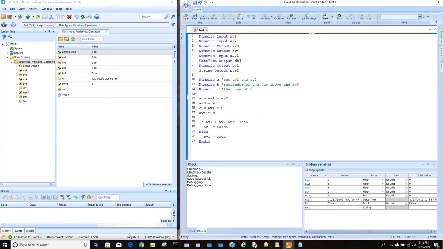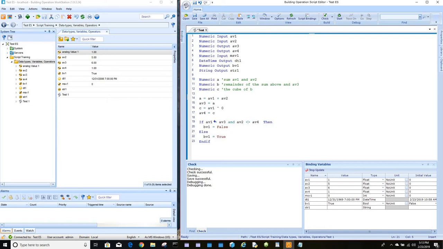So let's go with, let's actually make this: if AV1 equals AV3 and AV2 not equals AV4. Okay, so in this scenario we have